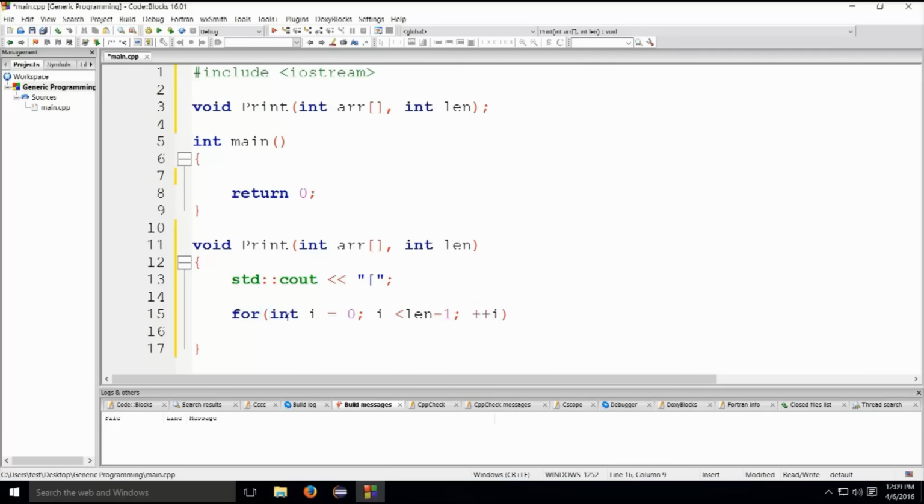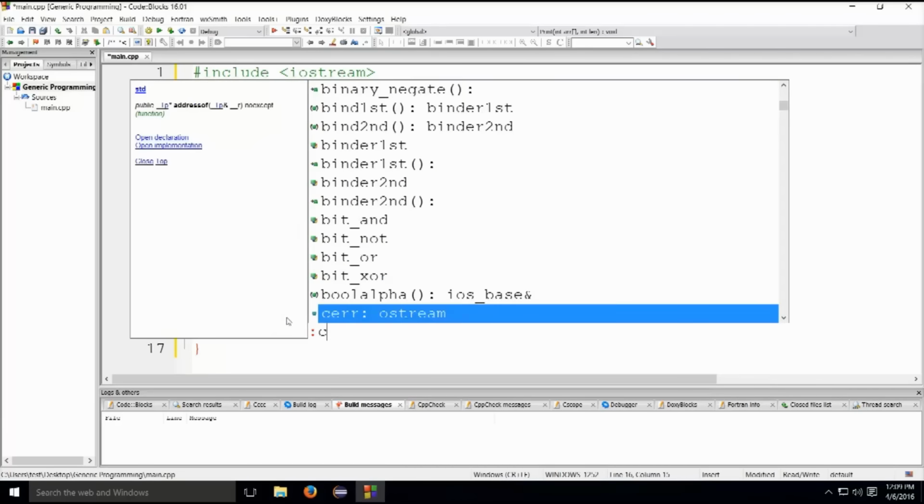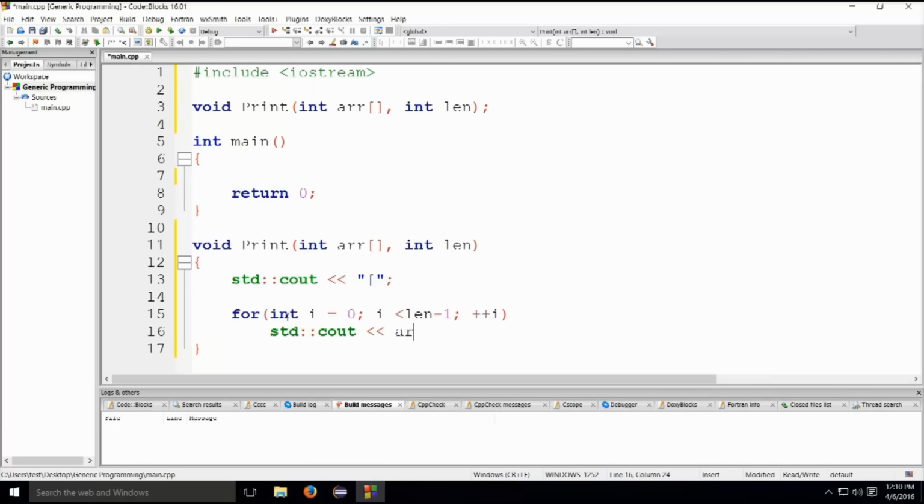We're not going to need any curly brackets down below, as we're just going to have one single line, and this will ensure that we manage to print out all the elements except for the last one. As you can see, it's len minus 1, where len will be the size of the array. Since we go up to len minus 1, which means one less than the complete length of the array, we cannot access the